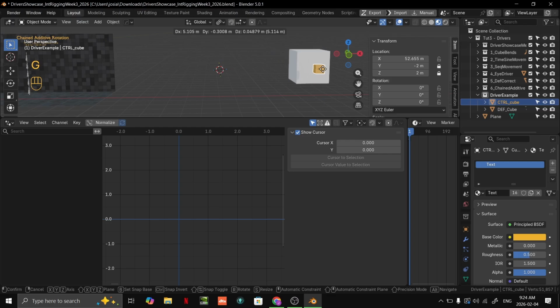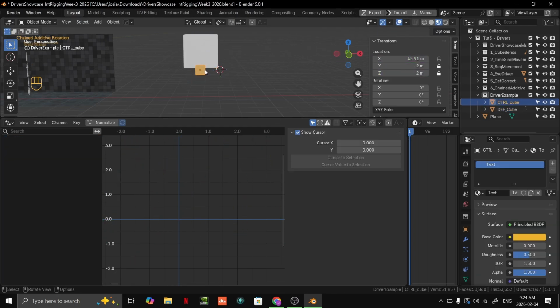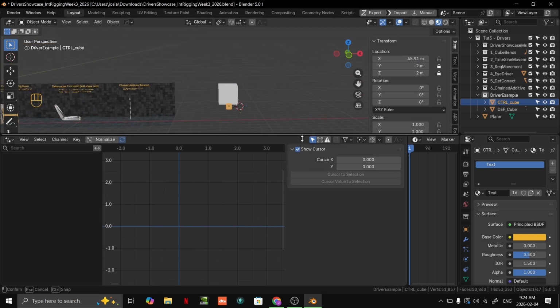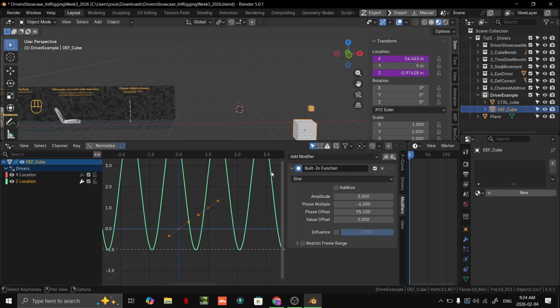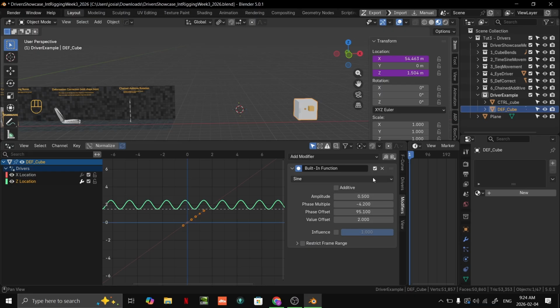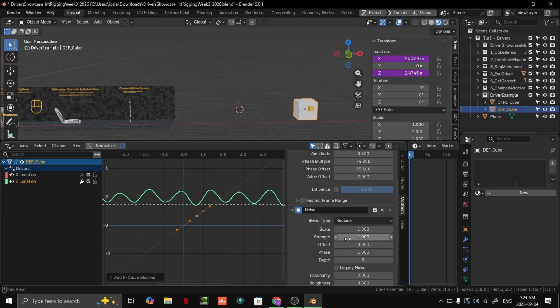I can get nice and long, but short, or I can just stretch it out, right? This is a very fun way to get some very interesting results. And then I could even shorten this down, add some noise, scale it down,